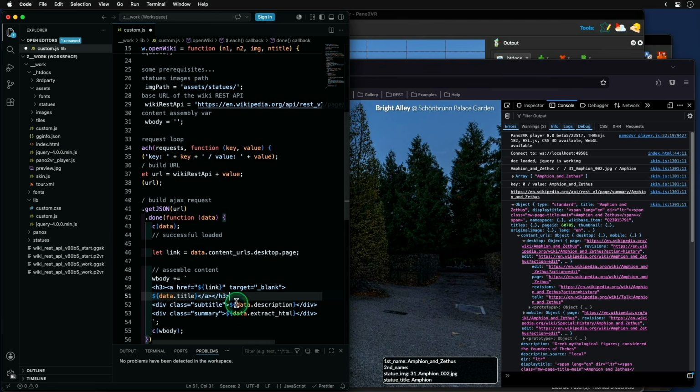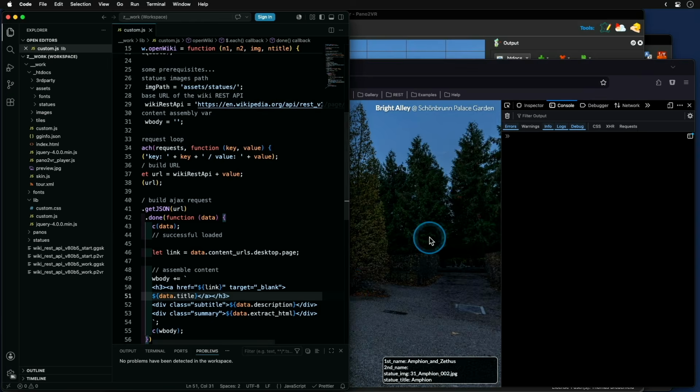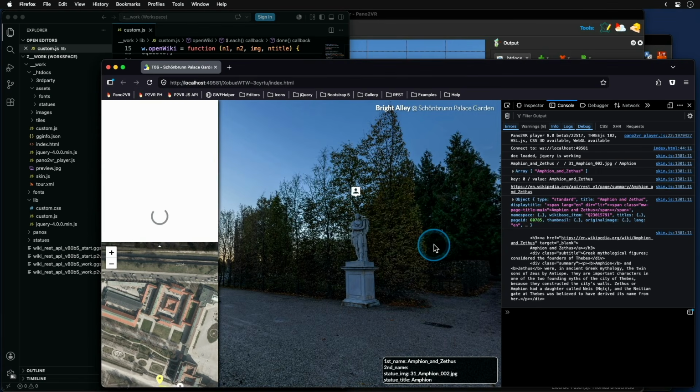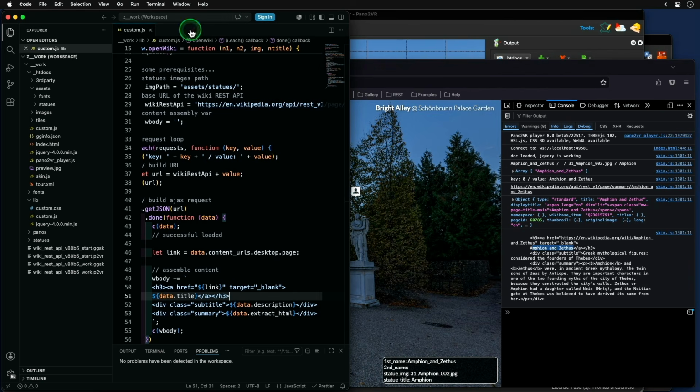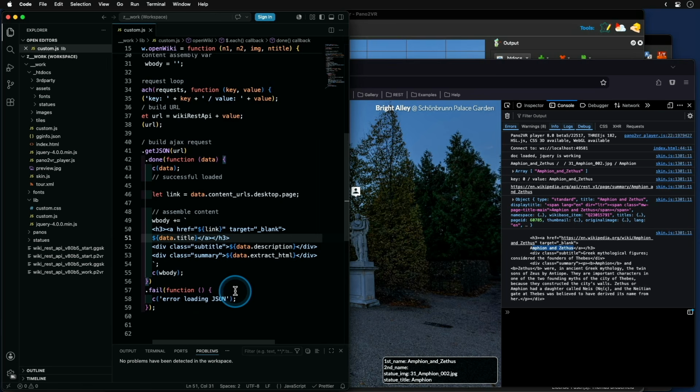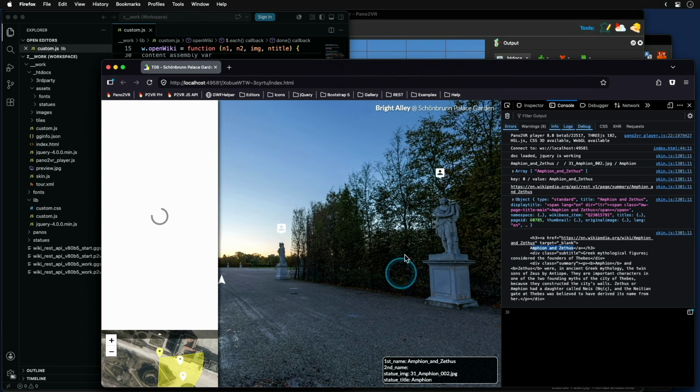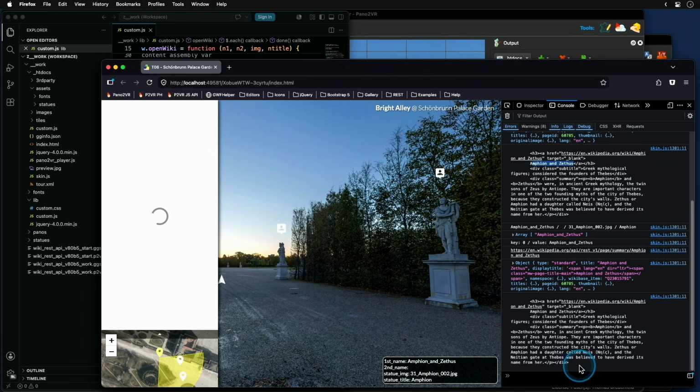And now let's check it, how it is looking in the console output. If I'm clicking on this guy again, we see here we have the title is wrapped in a link tag, and if I'm going here, you open the URL, a new tab, it is working. So now we have added a backlink to Wikipedia from our project, and now the content for one figure retrieved from Wikipedia is ready, and we now need to assemble all this to the whole content of the Wikipedia box